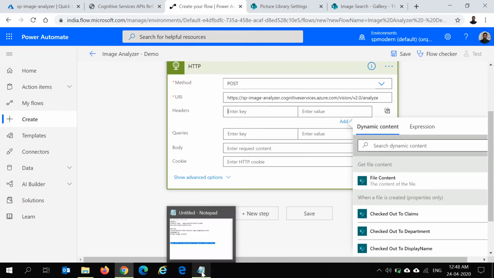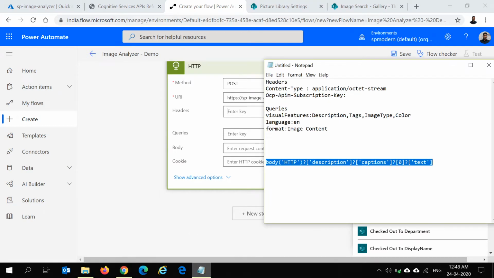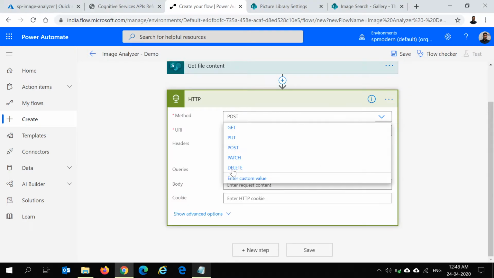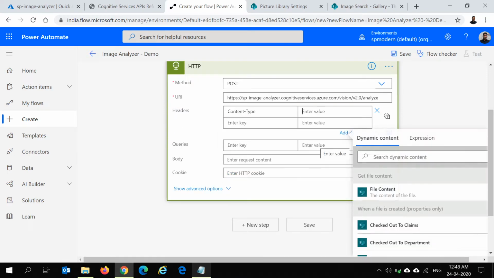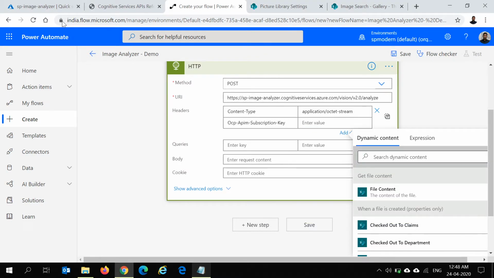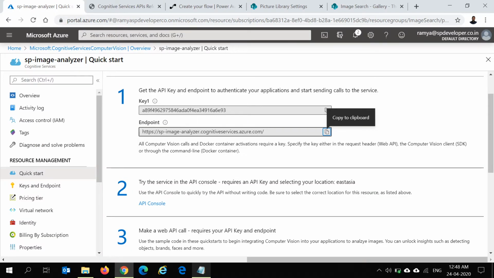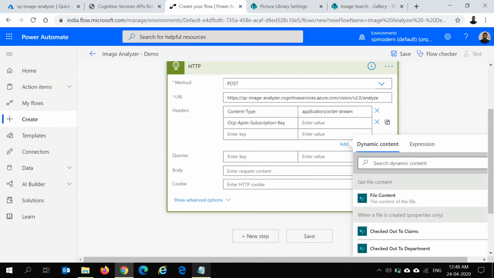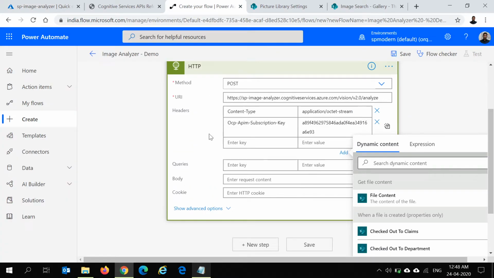And then we know what all metadata or headers are required for making the post call. This is what we found out from the API console, right? So let me quickly copy the header values into my flow. And the API key, we can get from your Azure portal. You can open the specific resource which we created, and we can copy the API key from here, and that will go into my header.